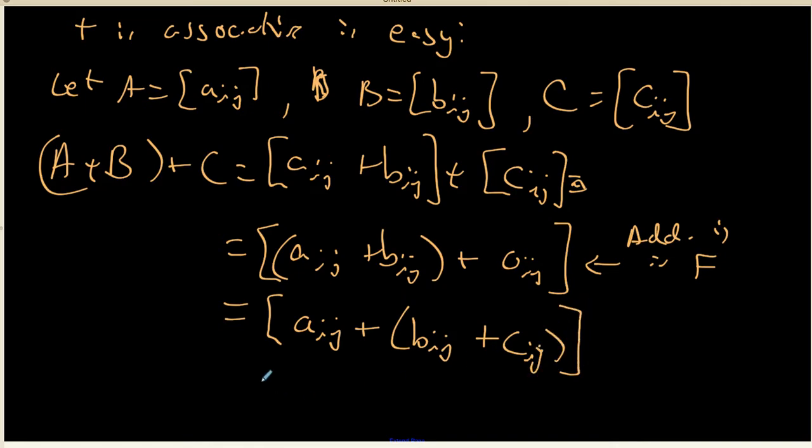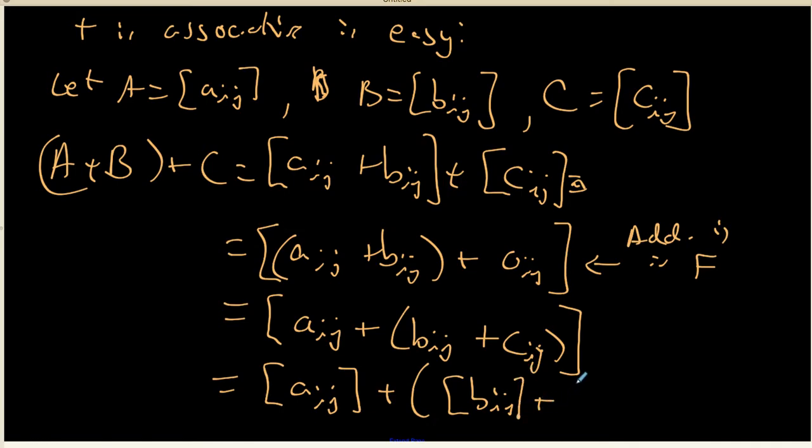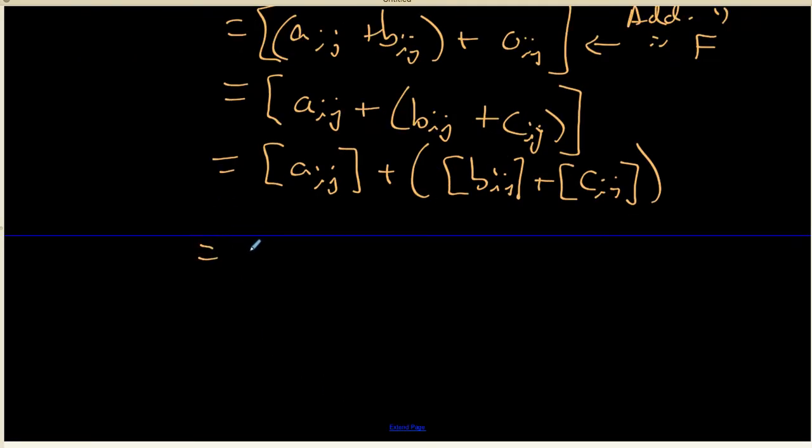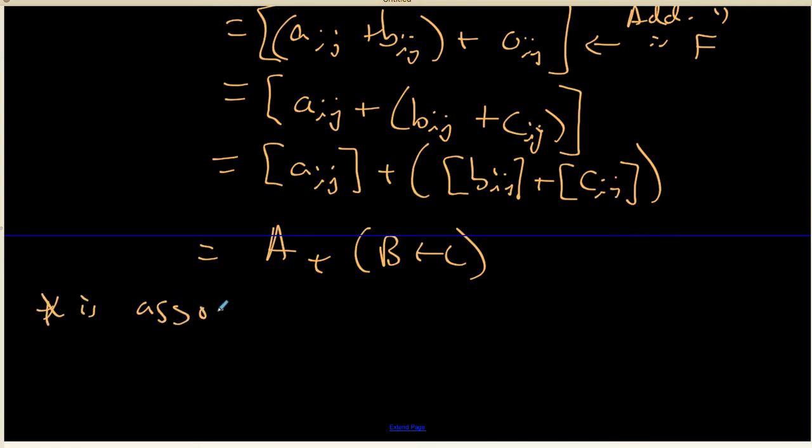And when we do that, we wind up getting the matrix of Aij's plus, in parentheses, the matrix of Bij's plus the matrix of Cij's. And that turns out, of course, to be A plus B plus C. So addition is associative. Showing that times is associative